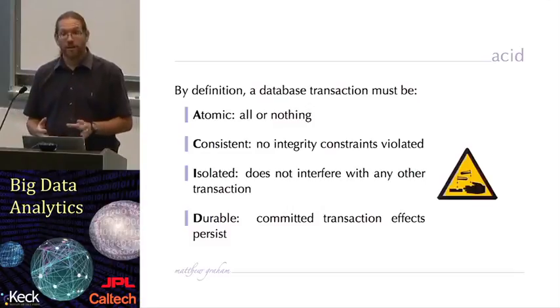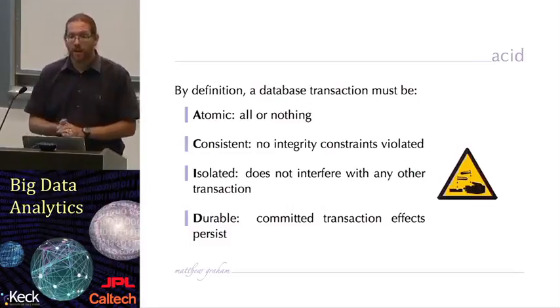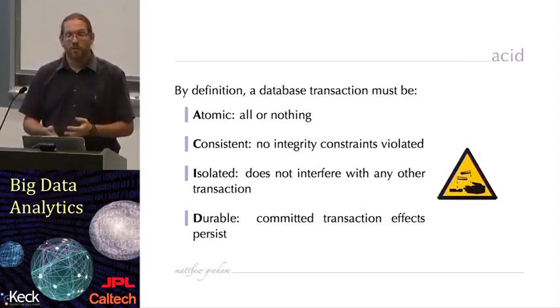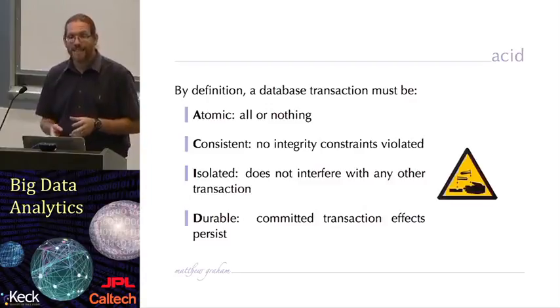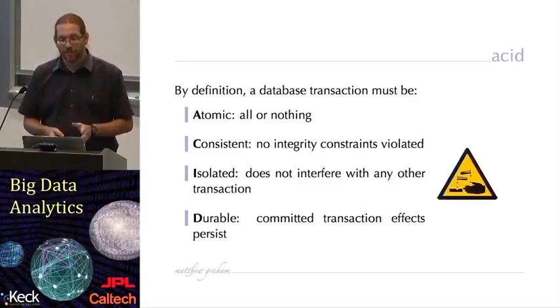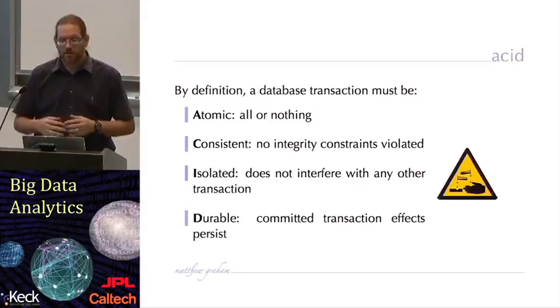There are no integrity constraints violated. What that means is that I may have some constraints on the type of data or the format of data that is allowed in one of my data columns, or connections between different data tables, different relations,